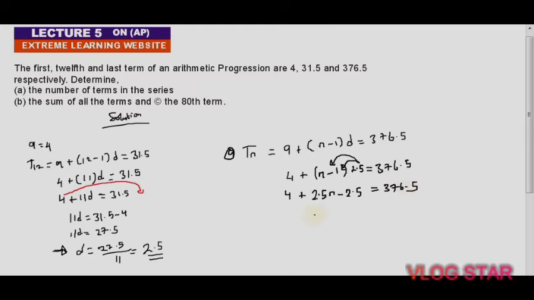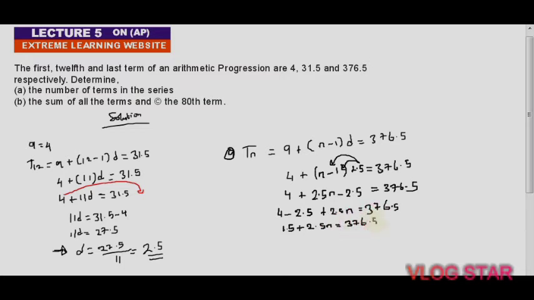Simplifying, 4 minus 2.5 gives 1.5, so we have 1.5 plus 2.5N is now equal to